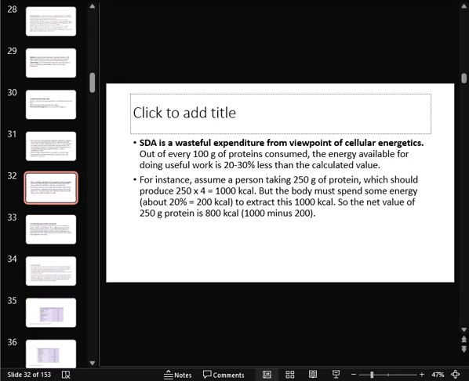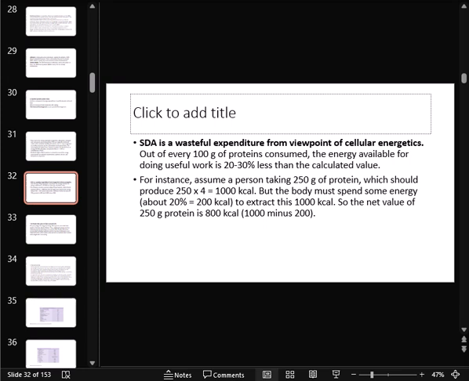If a person takes up 250 grams of protein, we're going to notice that this 250 grams of protein is going to produce